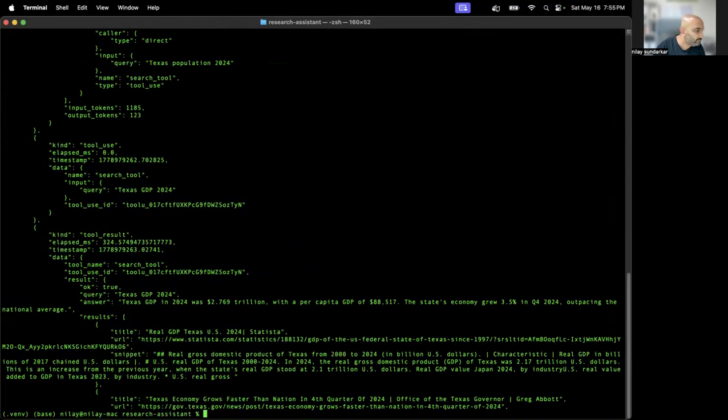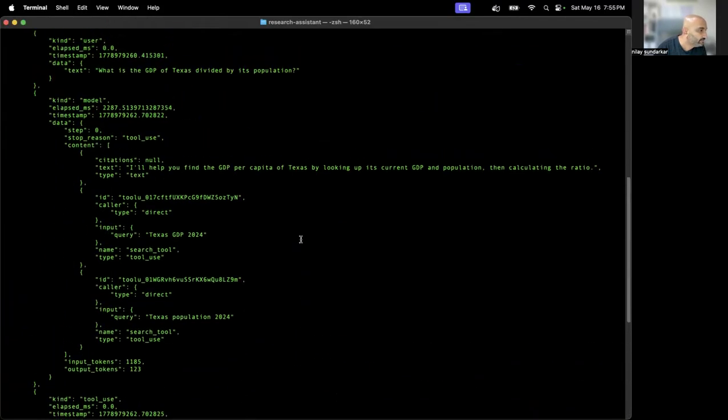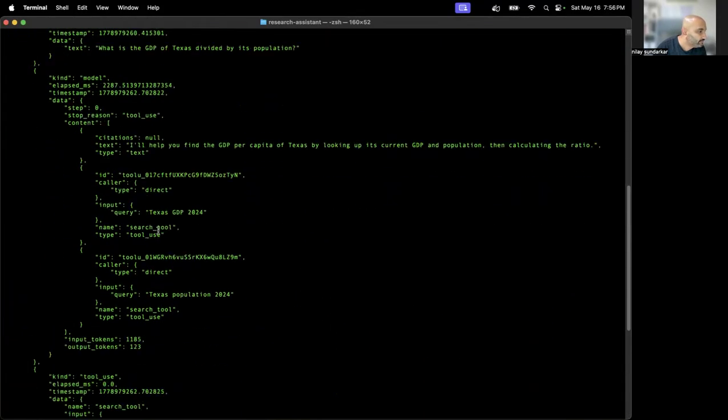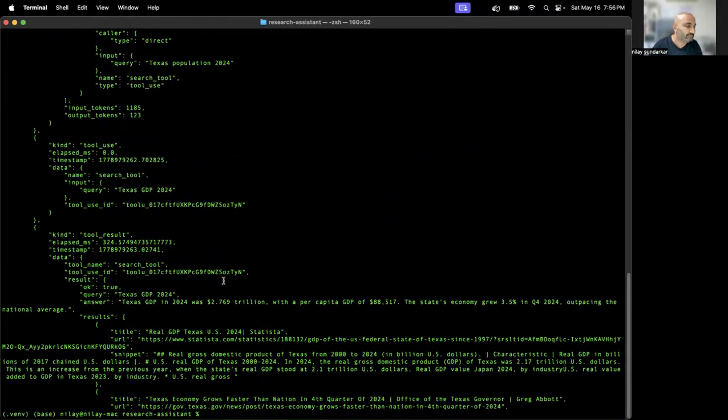So here you can see the entire trace that I'm recording, and what the model did. This is what gives us the traceability. Every model call, tool use, and result is captured as structured JSON. This is what the data evaluation and visualization layers consume.